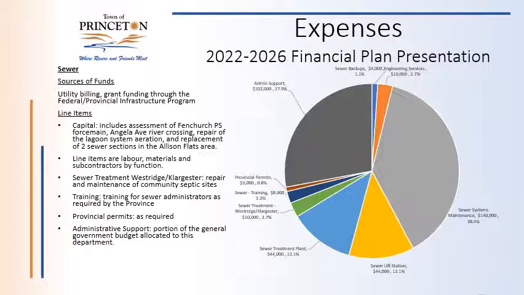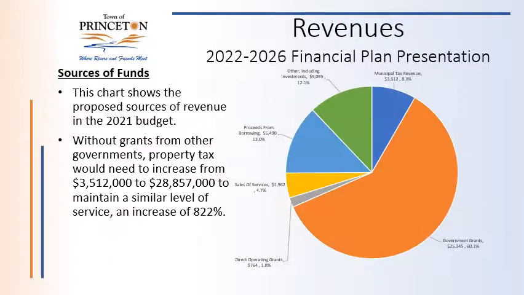So that concludes the expense portion of our presentation. We'll go into revenue at this point. So revenues. So we've sort of explained the expense portion of it. The revenue side of it covers the sources of funds that we need to supply to the budget so that we come to a nonprofit situation.